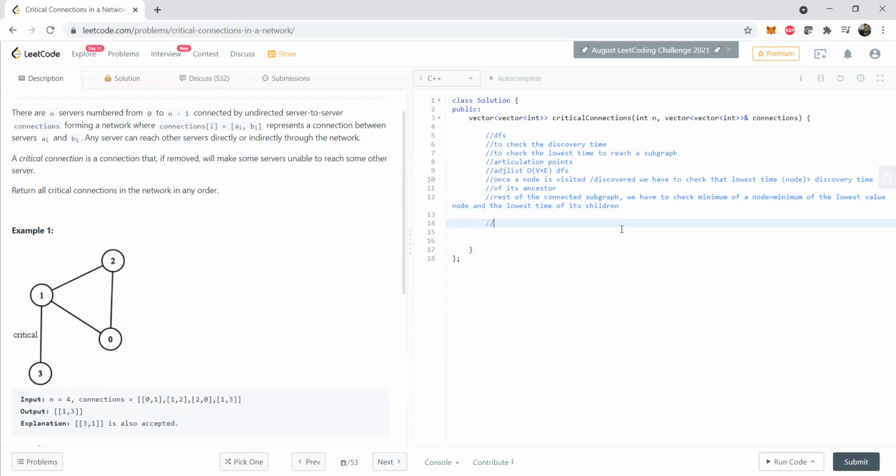So the first step is to create an adjacency list. For that, let us initialize an adjacency list. It will have a dimension of n, that is the number of nodes. So let's say i less than connections.size. Since we are given a kind of list, we can create this bidirectional adjacency list representation of the graph